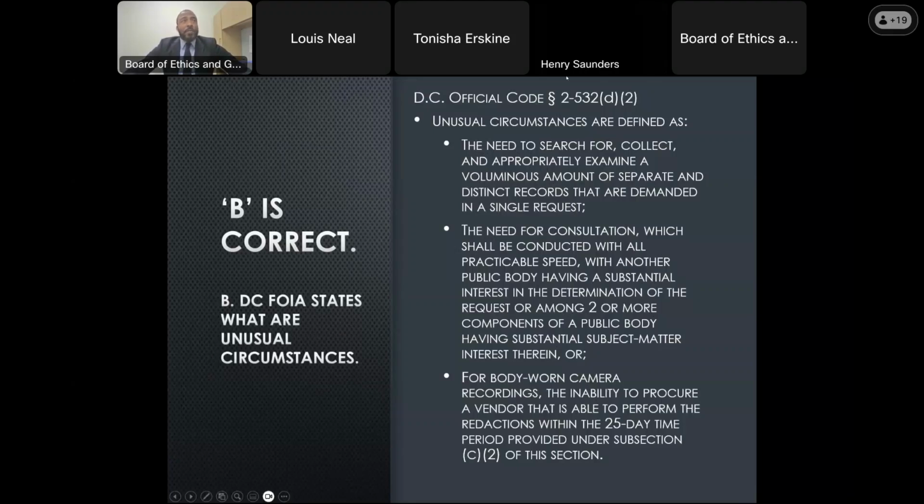Unusual circumstances are defined as the need to search for, collect, or appropriately examine a voluminous amount of separate and distinct records that are demanded in a single request, the need for consultation, which shall be conducted with all practicable speed with another public body having a substantial interest in the determination of the request, or among two or more components of a public body having substantial subject matter interest therein, or for body-worn camera recordings, the inability to procure a vendor that is able to perform the redactions within the 25-day time period provided under subsection (c)(2) of this section.